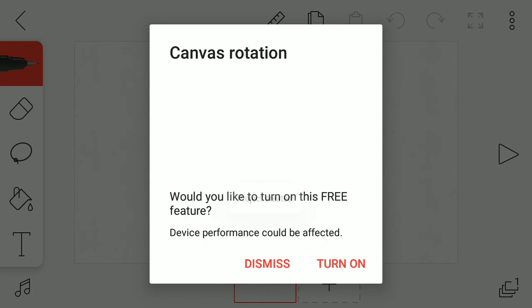Okay, let me play for now. Paste it, paste it.